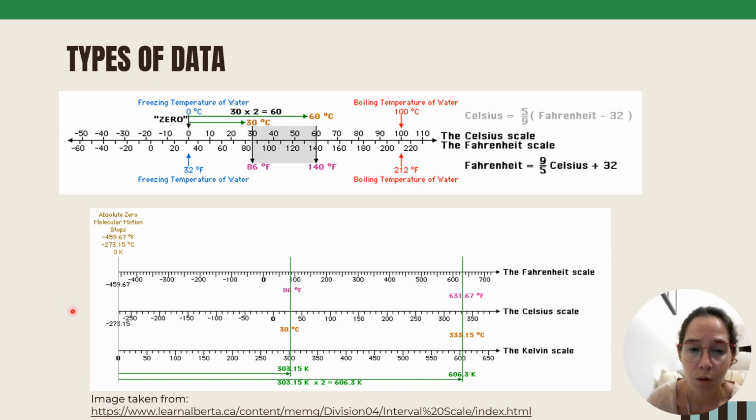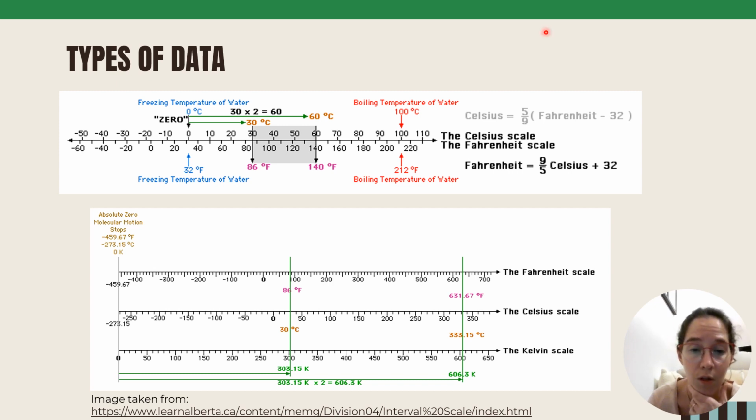So if you go here to this figure, you will see at the very bottom that we have the Kelvin scale. This is a ratio scale because here the 0 is not arbitrary. The 0 has a real meaning, and 0 Kelvin represents absence of temperature. So if you really want to know how much is a double heat of